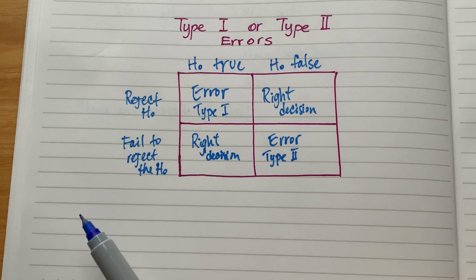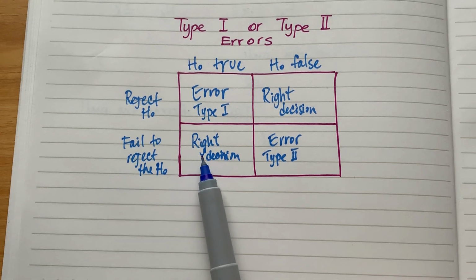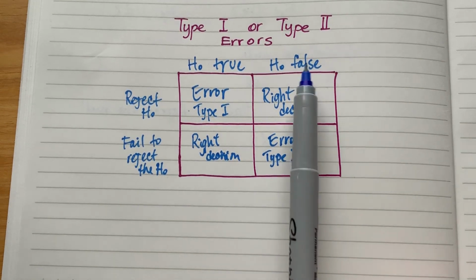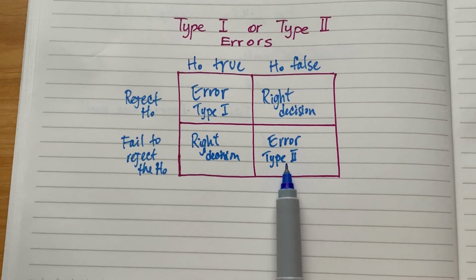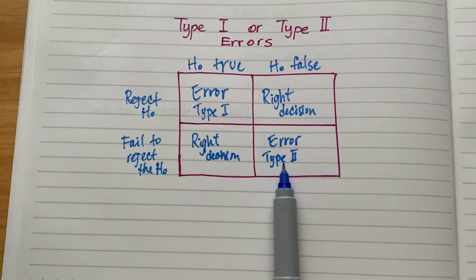Now let's look at if we fail to reject. We did not show beyond all doubt that this person is not innocent, so we failed to reject that this person is innocent. Then an innocent person is free. This is again a right decision. But if I failed to reject and the person was not innocent, now I have a guilty person going around free. This could also have serious implications for the society, and this is